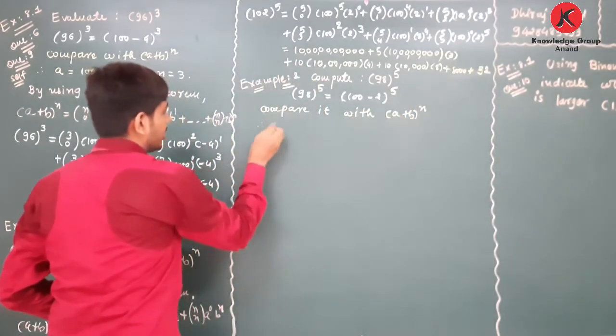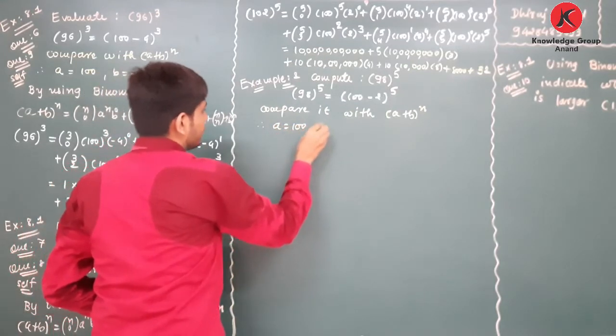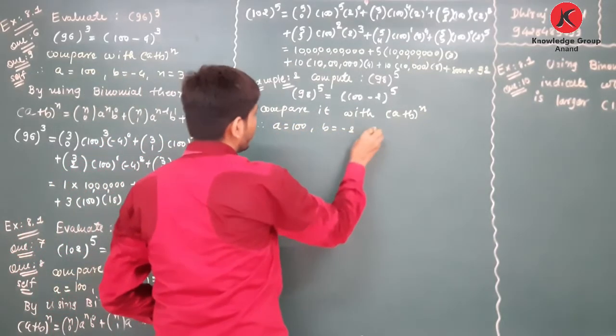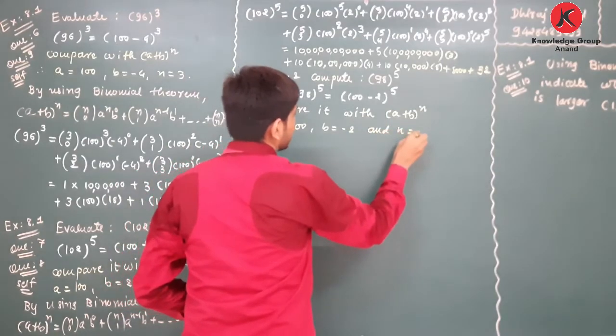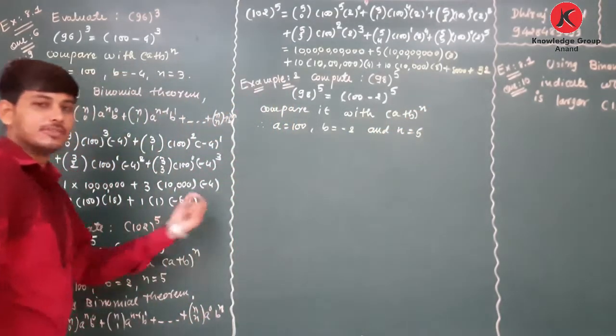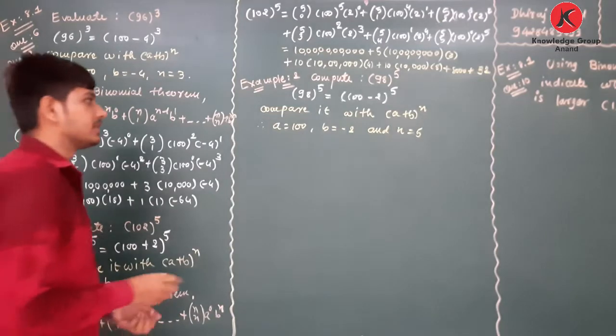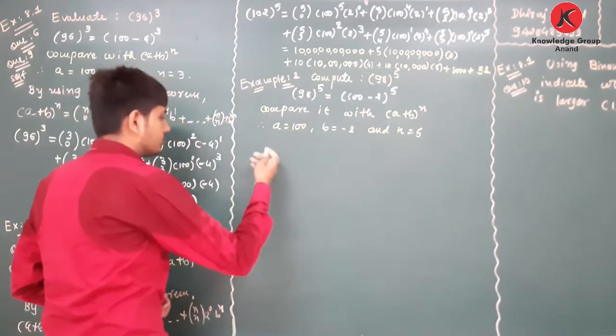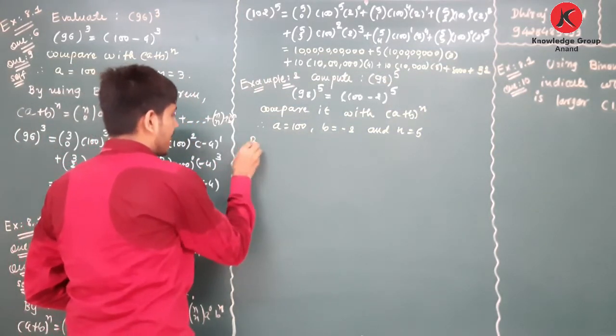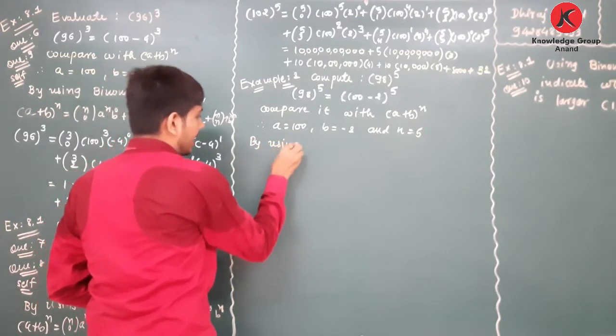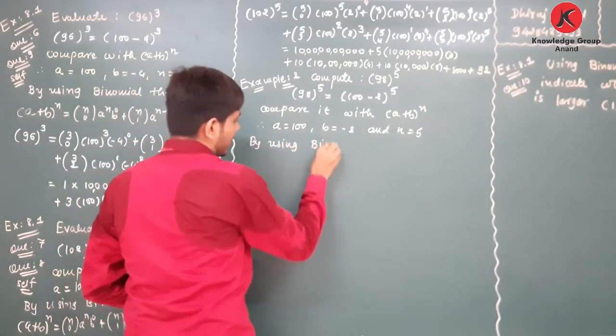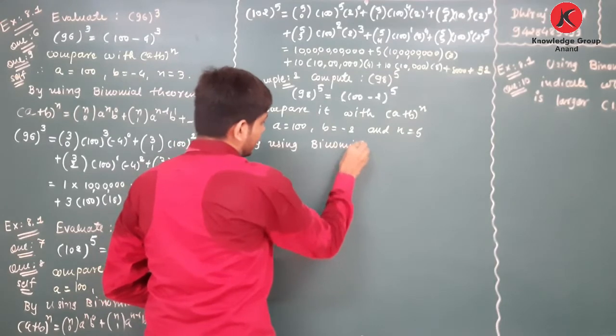Therefore, I will get a equals to 100, b equals to minus 2 and n is equals to 5 here. Now, I can use the binomial theorem. Therefore, first of all, write down the binomial theorem. So, by using binomial theorem,